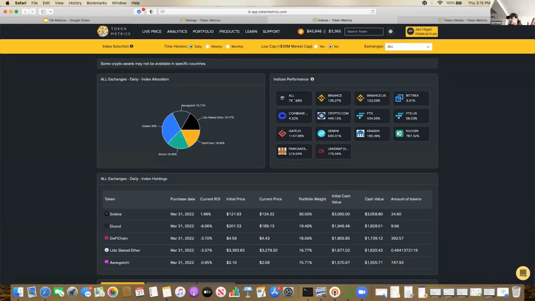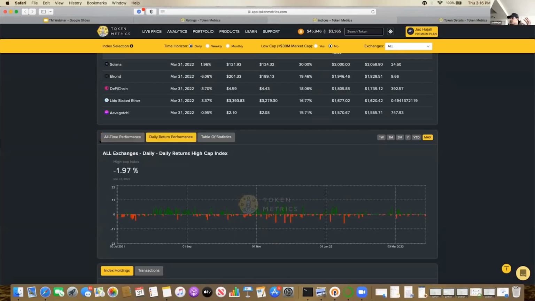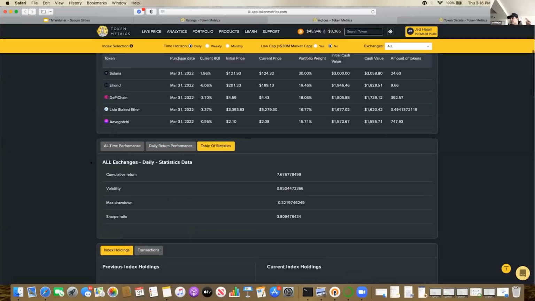And here are the performances of the indices since we launched on July 1st. In addition, we provide the cumulative return of our index compared to the benchmark Bitcoin. So here Bitcoin is in white compared to the performance of our index in yellow since July 1st. Other than that, we also provide day by day what was the performance of these indices, and at the end,